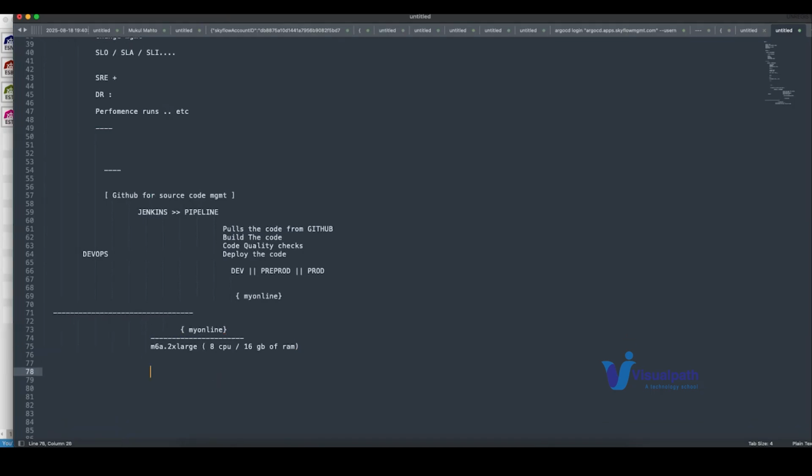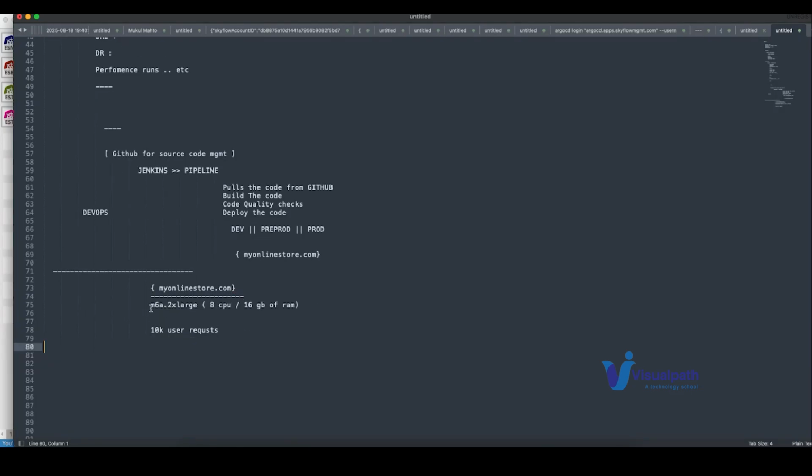On a day-to-day business, this application can handle up to 10,000 user requests. Meaning 10,000 users can access your myonlinestore.com website, and then process their ordering and stuff like that. And your hardware of 8 CPU and 16 GB of RAM is quite sufficient for handling all these 10,000